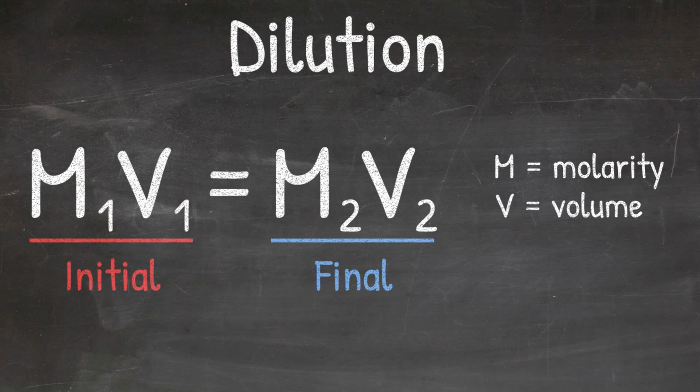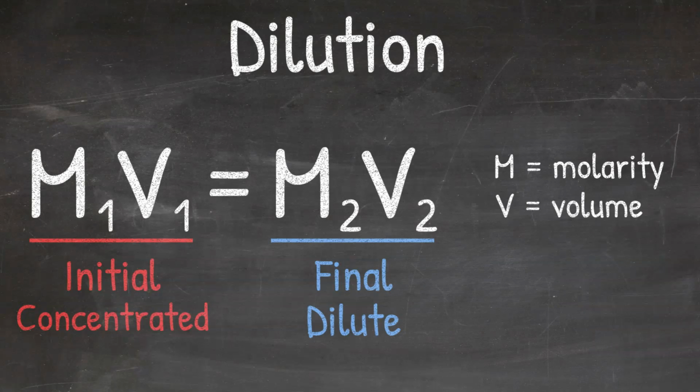So when we look at this formula, it tells us that the molarity times the volume of what we start with is equal to the molarity times the volume of what we end with. You can also think of the 1s as representing the variables for the concentrated solution, while the 2s represent the variables for the diluted solution. So the molarity times the volume of the concentrated solution is equal to the molarity times the volume of the